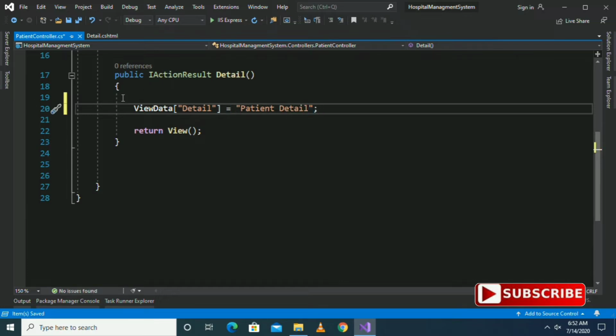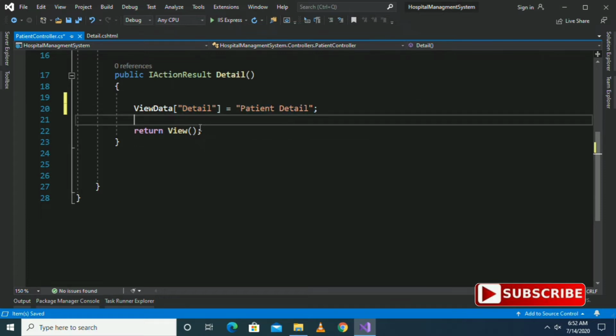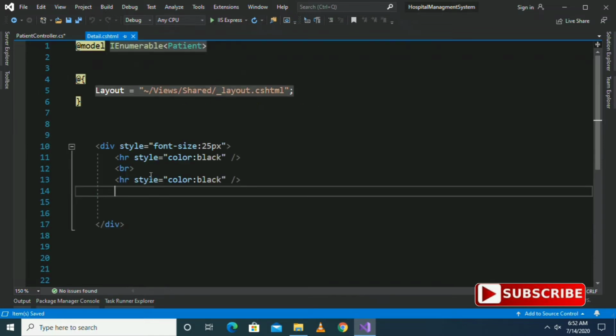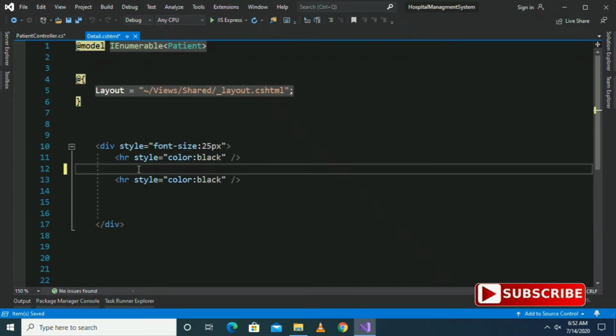So this is ViewData having key and this is the value. Now I want to access this ViewData from this controller to this page. For that, since it is C# code, I need to write @ViewData and within square brackets I have to mention the key.